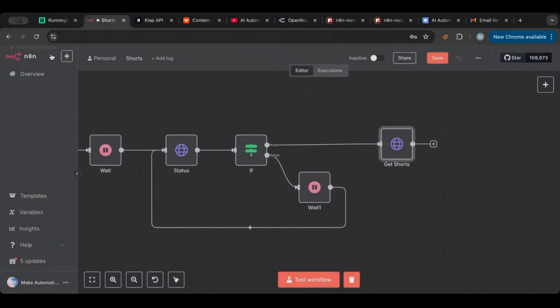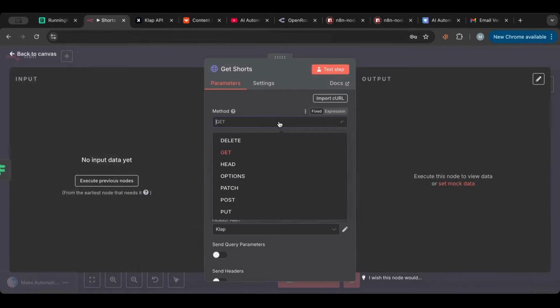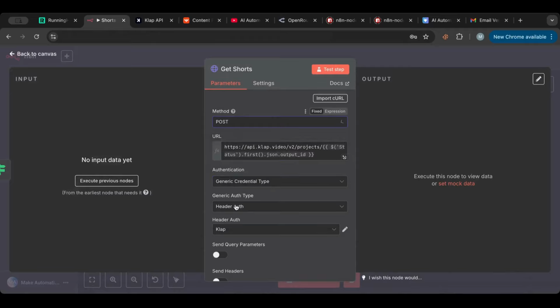Okay, so the result of this will be the list of shorts that we did. What we want to do after that is export those shorts that we got from here, and to do that we're going to do a post. So we're going to do a post because we're telling it to do something. We are telling it to do an action. So it is a post,